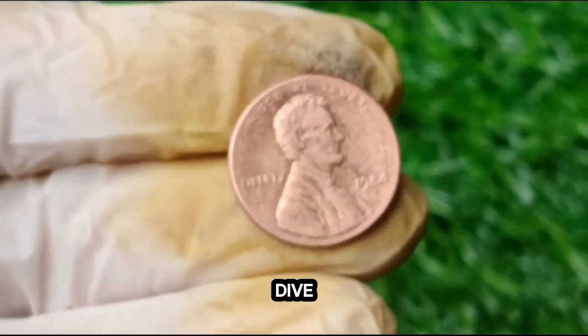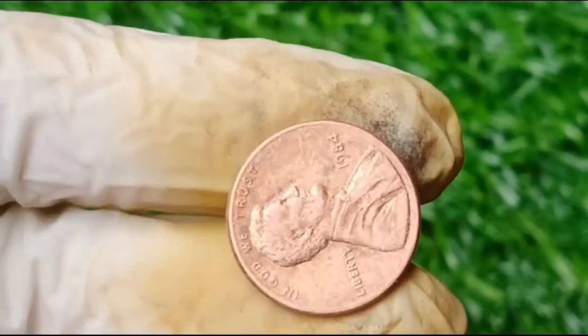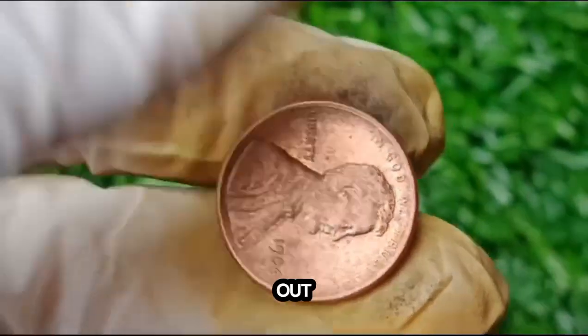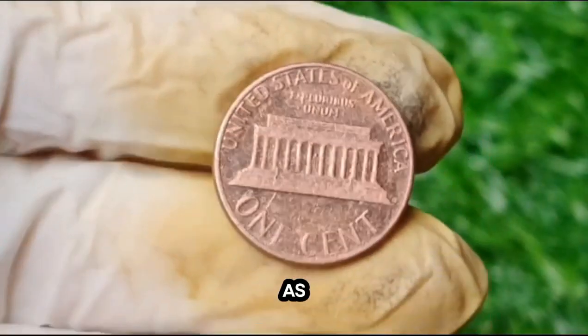Next, a deep dive into the 1984 1-cent coin that could be worth an astonishing $84 million. What makes this humble coin so valuable? Let's find out. The history of the 1984 1-cent: the 1-cent coin, commonly referred to as the penny, has been